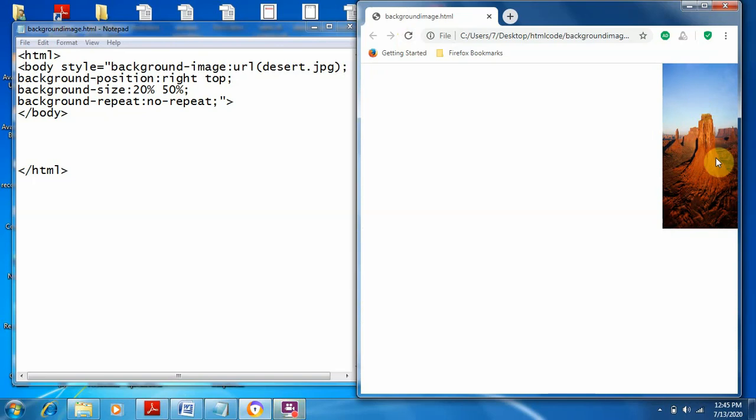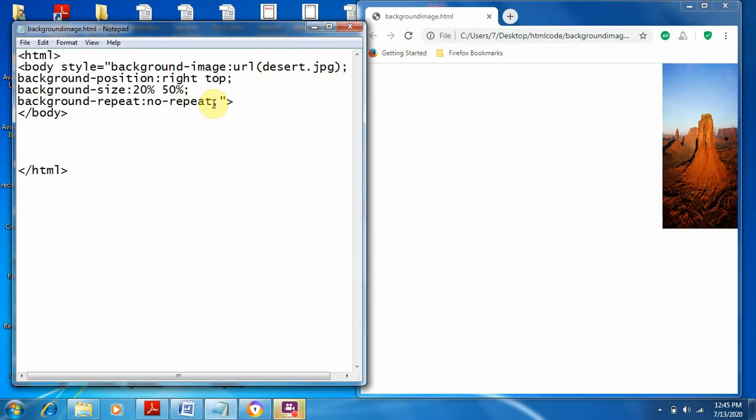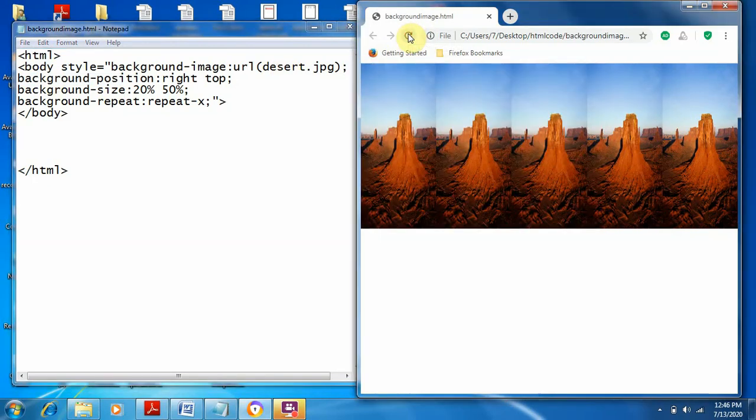Now there is no repetition of the image, only one picture is displayed. Okay, if we want to repeat the picture along the x-axis, then what we have to write is repeat-x. Then see, the picture is repeated along the x-axis.